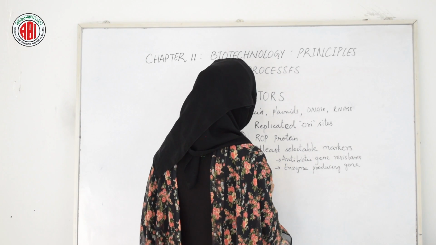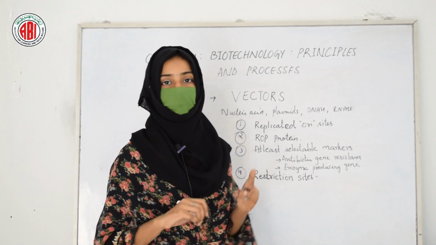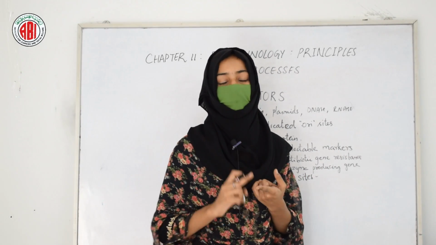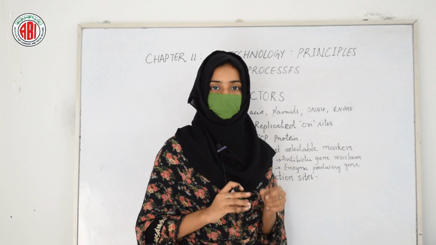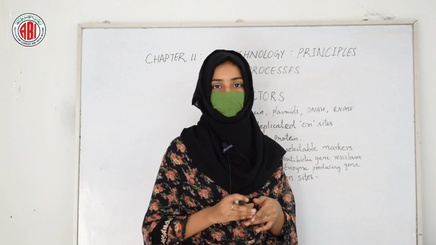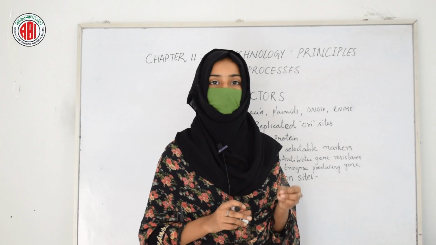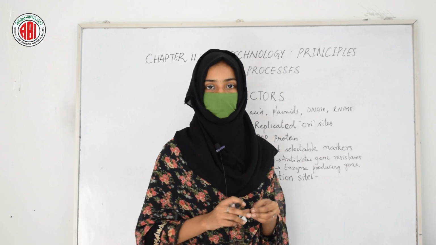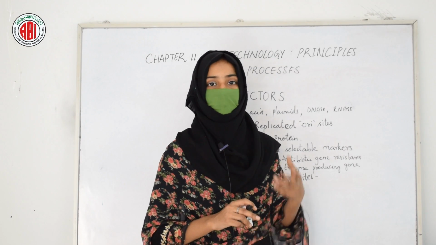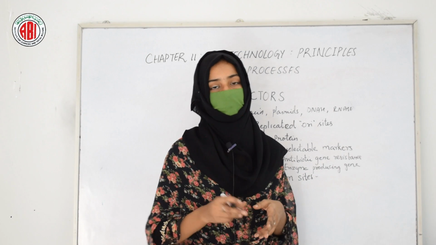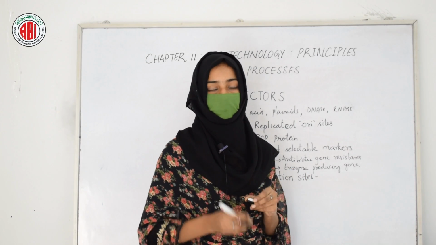So the vector should have at least one selectable marker. And the other property is the restriction sites, where the endonucleases can make a cut. So a vector should possess one restriction site. Only one restriction site is needed so that a cut is made in the vector and a desired gene can be inserted. If a vector shows more than one restriction site, then there will be no appropriate cuts that can be made by the endonucleases. So only one particular restriction site should be there in a vector so that the endonucleases can make a cut and we can easily insert a desired gene in them, and the vectors can easily carry that desired gene into